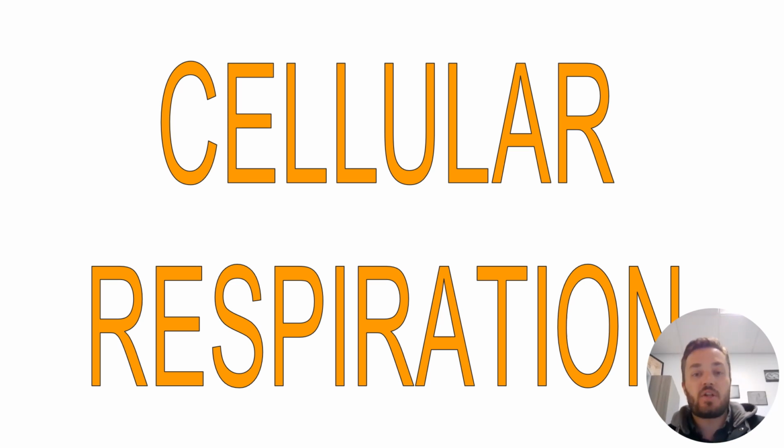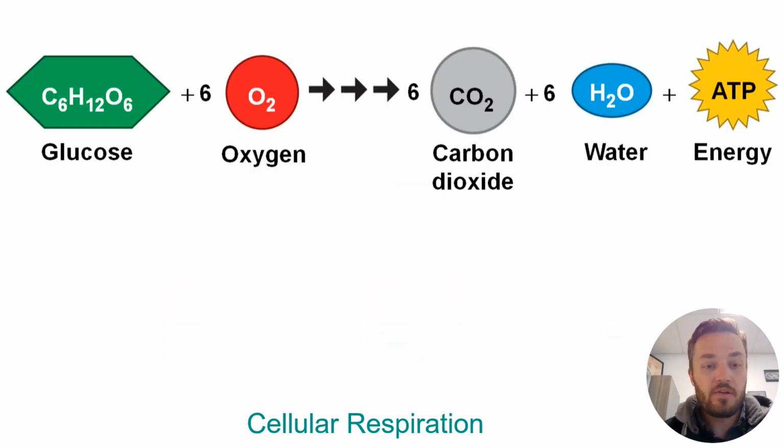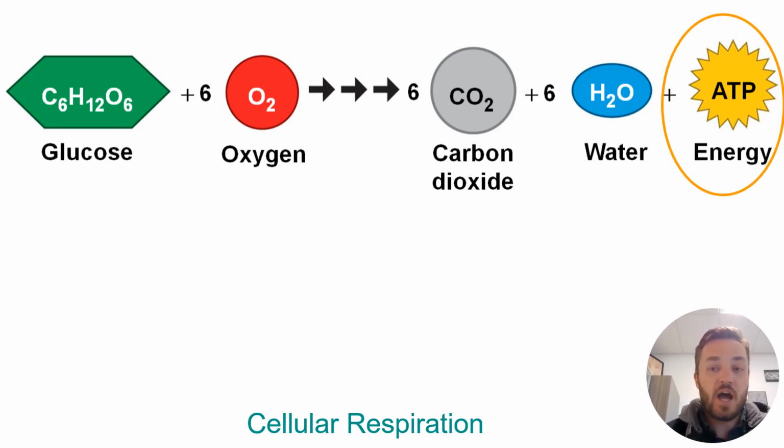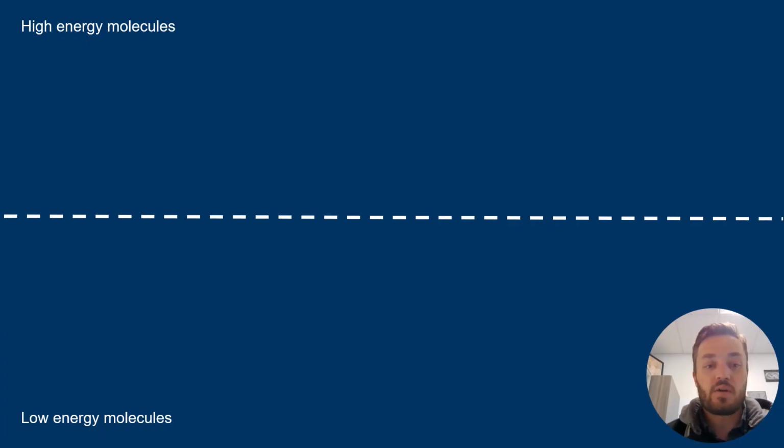Okay, so let's talk about cellular respiration real quick. In cellular respiration, the whole point was to take that sugar that we made in photosynthesis and break it apart so we can now have access to the energy that was in it. The entire point of all of that is just to produce and release the energy that is stored in there. So if I was to rewrite the formula that we talked about in photosynthesis, but let's now do respiration,